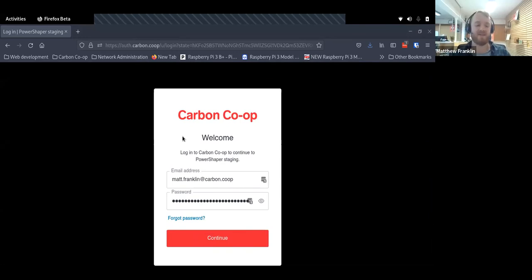Here is our login page for the Carbon Co-op Flex dashboard. To access this yourself, you want to go to app.powershaper.io. I'm actually on our testing staging environment, so the URL is a bit different. A couple of things might look different, but in general, this will be what you see when you